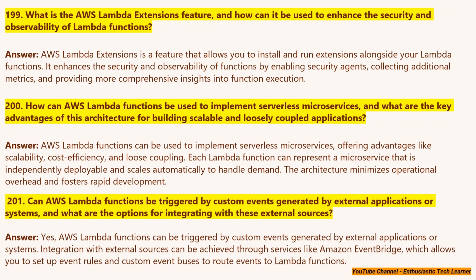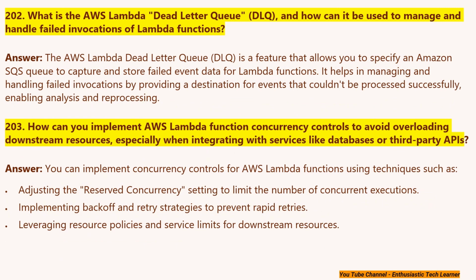What is the AWS Lambda Dead Letter Queue (DLQ), and how can it be used to manage and handle failed invocations of Lambda functions? The AWS Lambda Dead Letter Queue (DLQ) is a feature that allows you to specify an Amazon SQS queue to capture and store failed event data for Lambda functions. It helps in managing and handling failed invocations by providing a destination for events that couldn't be processed successfully, enabling